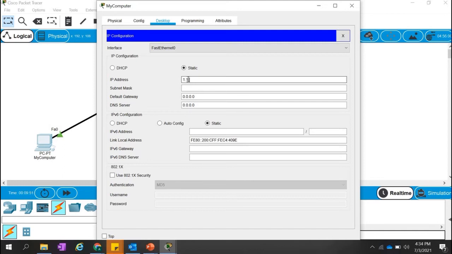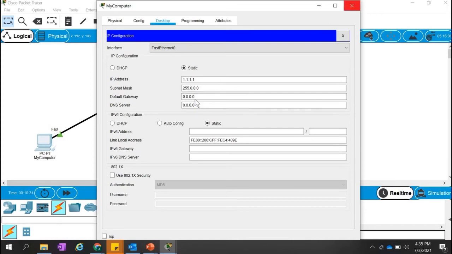So I'm giving 1.1.1.1 to the first computer, and the subnet mask will be filled automatically. The subnet mask is 255.0.0.0. Can anyone tell me which class IP address it is, based on the subnet mask shown here? What is the class of this IP 1.1.1.1? Class A. Exactly, this is a class A IP. So I will use all class A IPs in our computers. Okay, so this is done, and we will not use the default gateway right now. We will use the default gateway once we use the router.